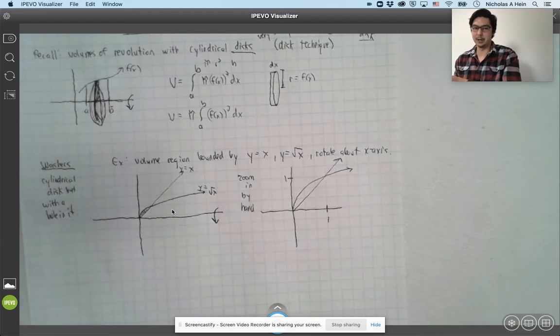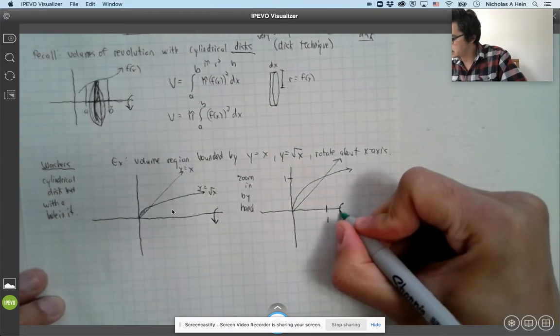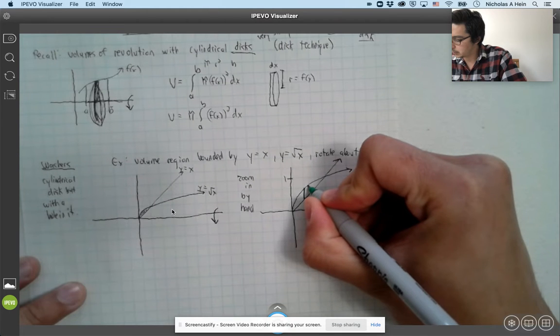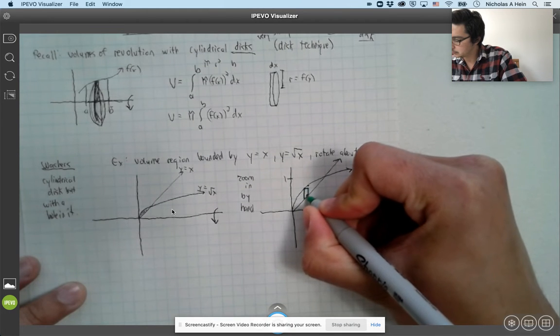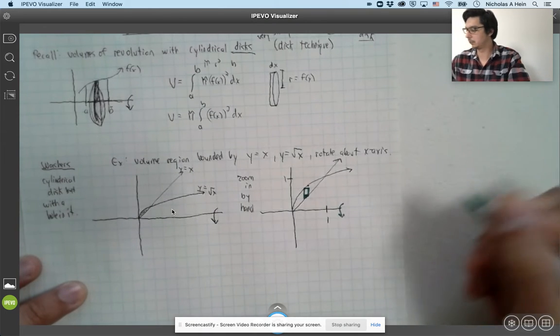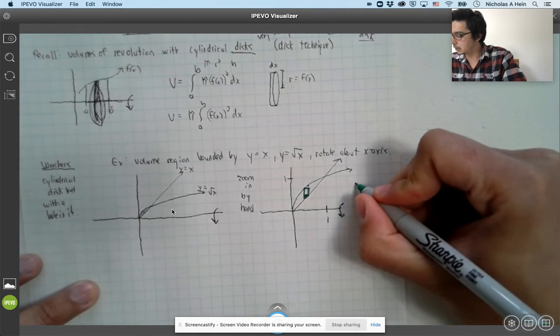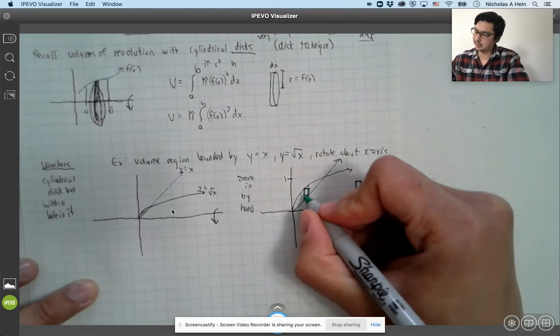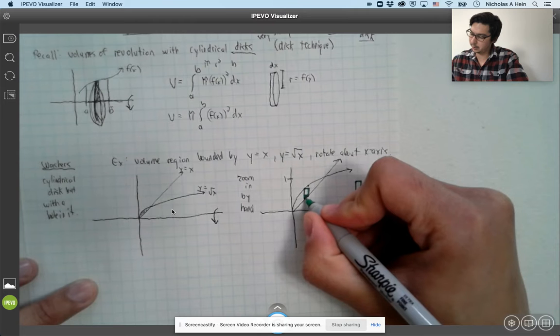And we're rotating about the x-axis. So if I drew a rectangle that fills up the area between the two curves, like so, and I pull this rectangle out and we study it, well, notice the idea is if we rotate this around the x-axis, what you're going to end up getting here,